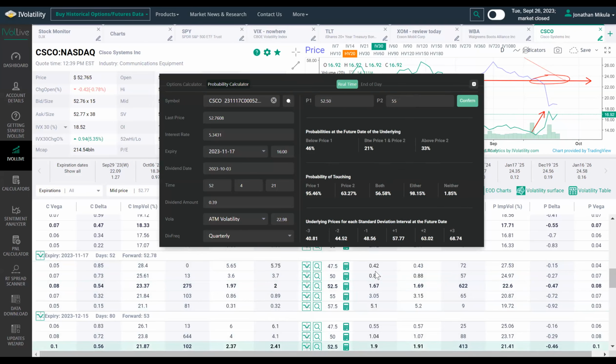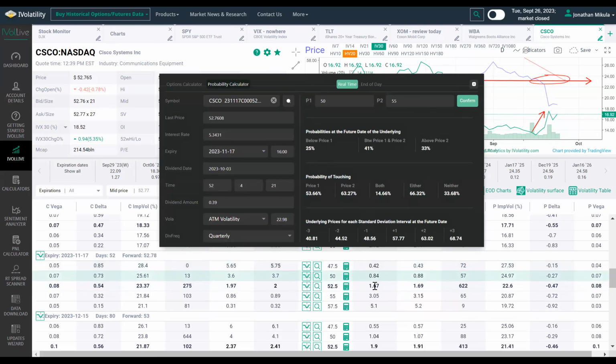The other thing I could do is analyze this 50. I could say, well, there's still a 46% chance that I might get put, and I just want a more remote chance of being put. I could change that P1 to 50. You can see there's only a 25% chance I'll get put. But the market makers aren't stupid. They know that, which is why there's such a big difference, right? You get paid half agreeing to buy Cisco at 50 than what you do agreeing to buy Cisco at 52.50,